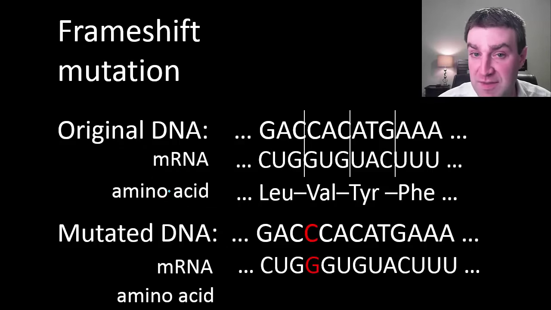Now let's go to frameshift mutations, and I want to argue that frameshift mutations almost always cause big changes on protein, and potentially big changes to a trait then. And let's see why. Frameshifts involve insertions or deletions of DNA code, not just switching one letter for another. And so you'll see here that when I originally had GAC, CAC, I added an extra C in there,